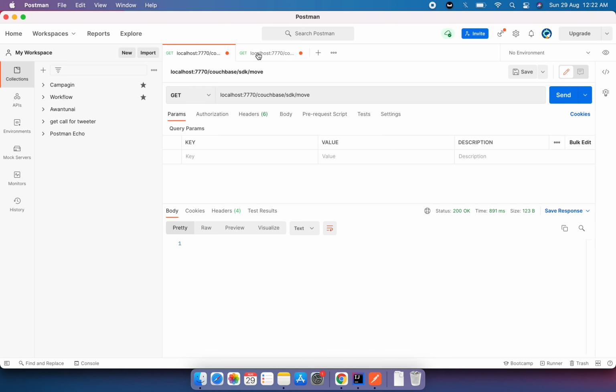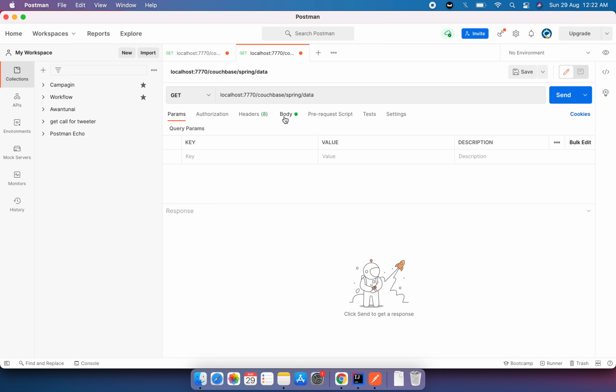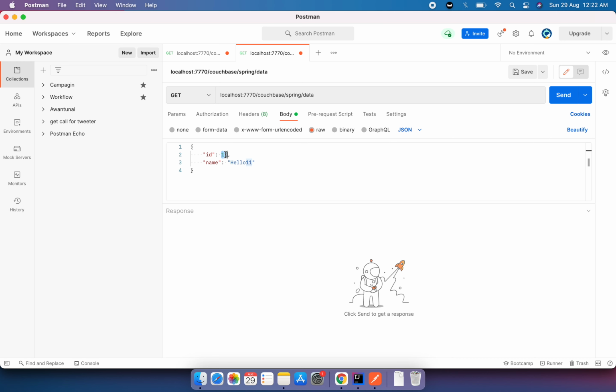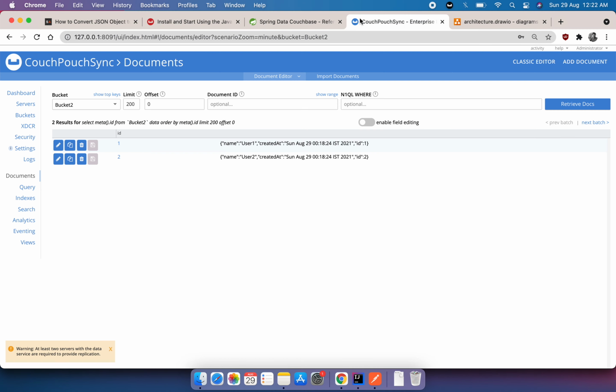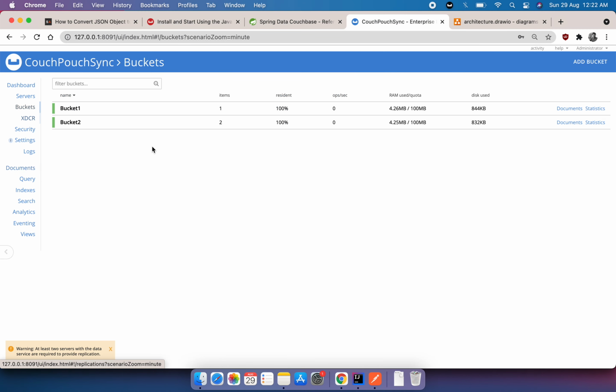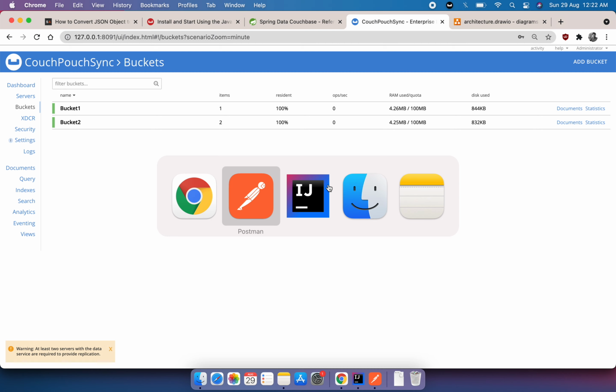Yeah, and also I have this in place. So this is the get method, and let's add. This will add it to the bucket one. Whatever document I add, it will add to the bucket one. We can also go and clean the bucket. In the bucket one we have one document, but that's okay, we can leave that. That's the advantage of document-oriented data structures.